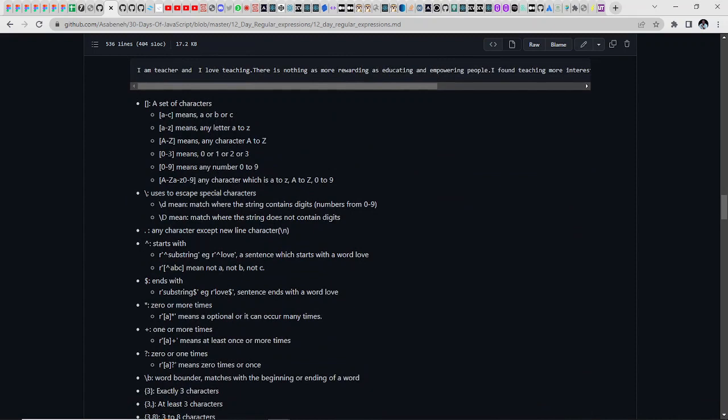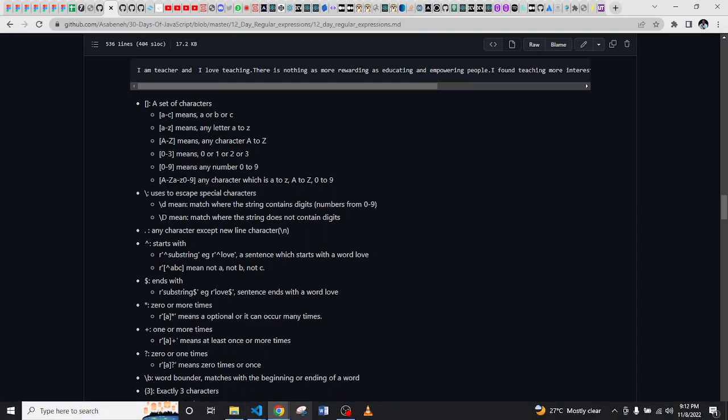Okay, so the first one is square brackets. Square brackets describe a set of characters. But the weird thing about it is that it is only describing those set of characters for one space. Okay, for example,